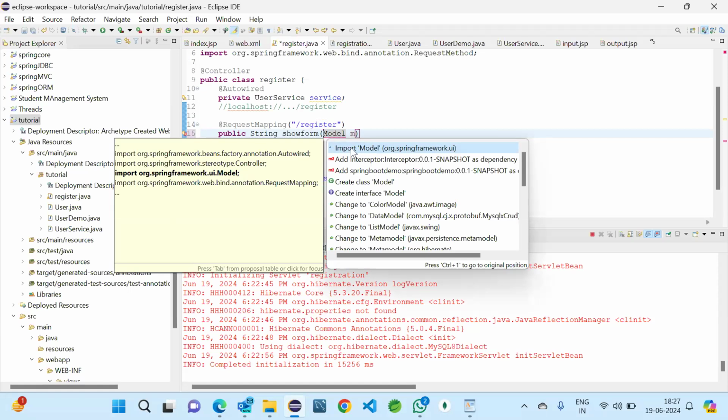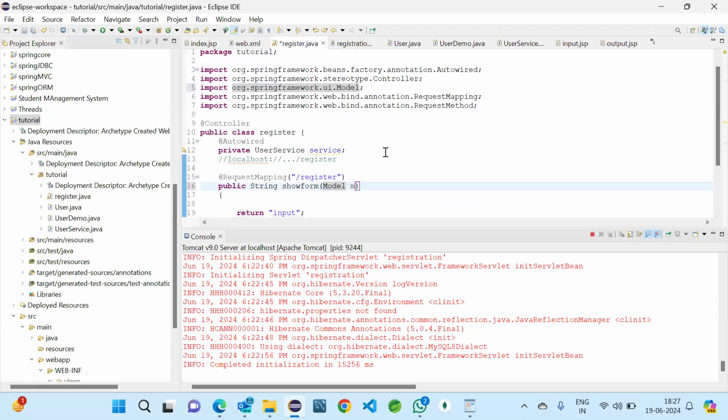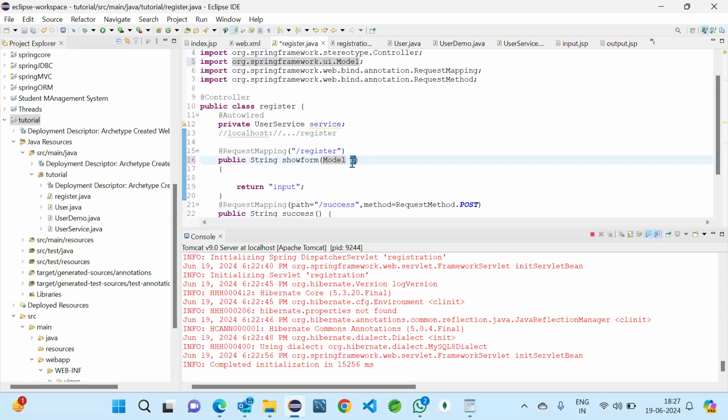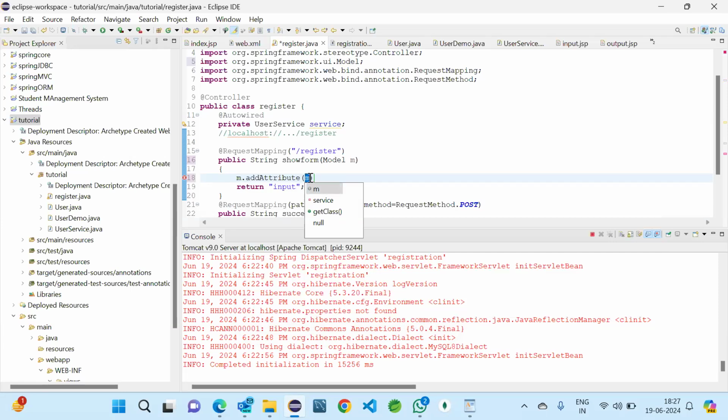After importing, this m will be used as an object to this model. So using this we can pass the attribute to this input. So see how we'll do that. Use this object and we have the add attribute method. So if we use add attribute we can take anything, like if I wanted to add header